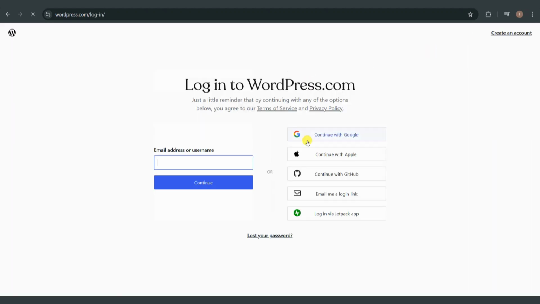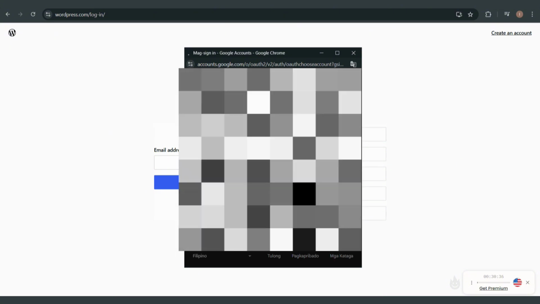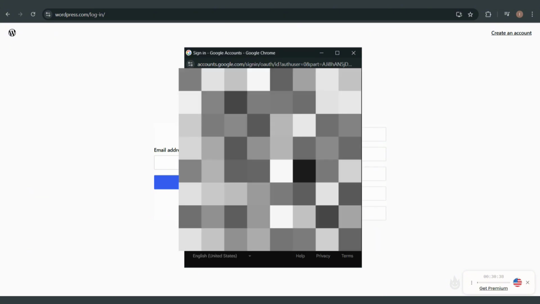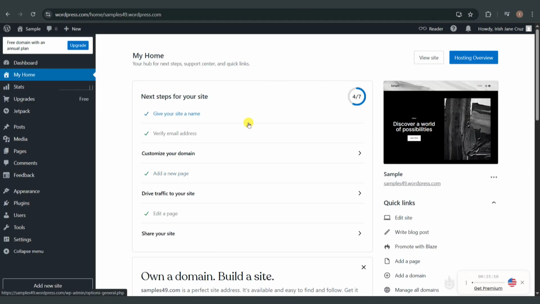So to get started, go ahead and open WordPress and sign into your account. You can sign into your account using your credentials or sign in with the different available methods that you can find in here. Once signed in, go ahead and head over into the page which you want to edit